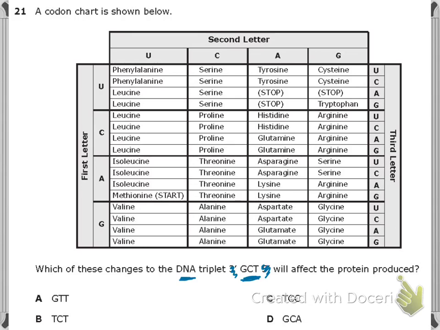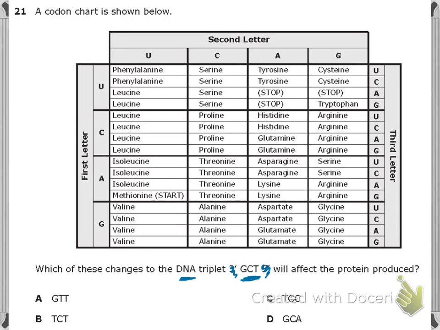protein. Now, when you're looking at this codon chart, it looks like a lot. It looks really difficult, but what I want you to remember, it really isn't so bad. Now, there are actually 2 parts to this question. The first part is that you have to figure out what the complementary RNA strand is going to be for this DNA triplet. So I want you to remember, hopefully from your biology class, that when DNA